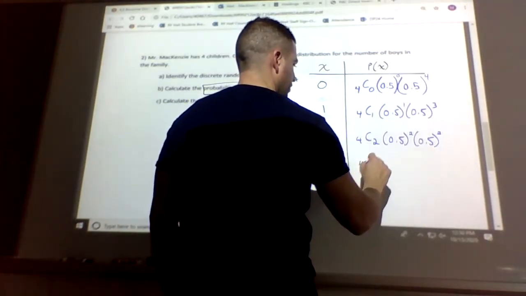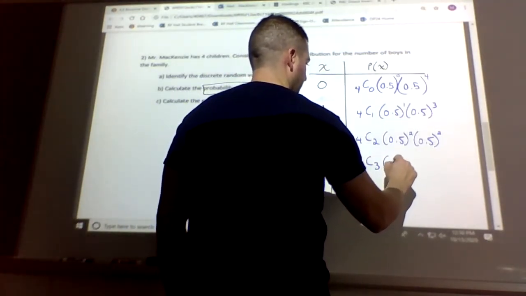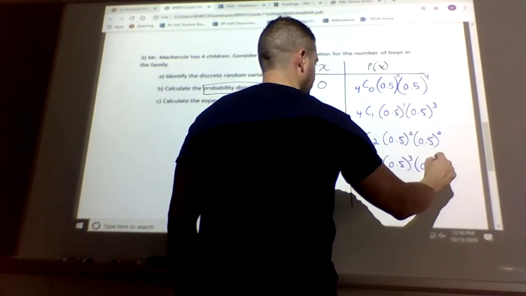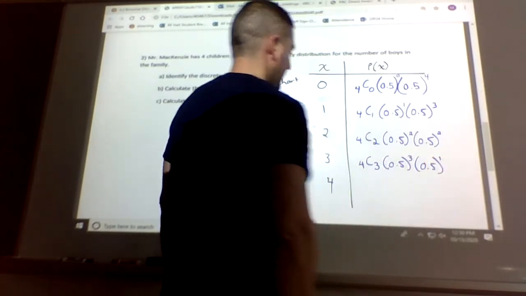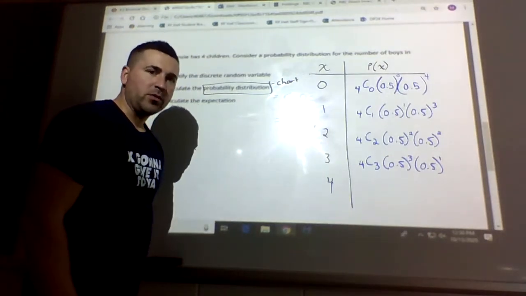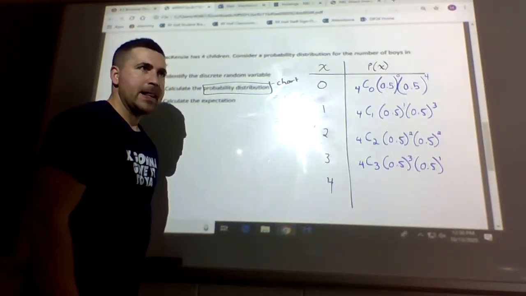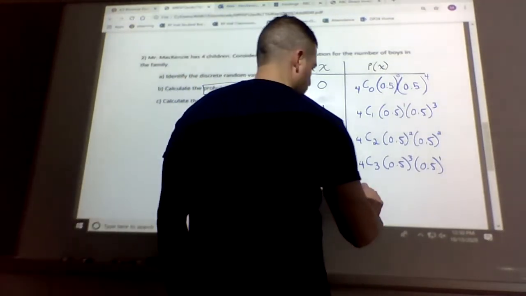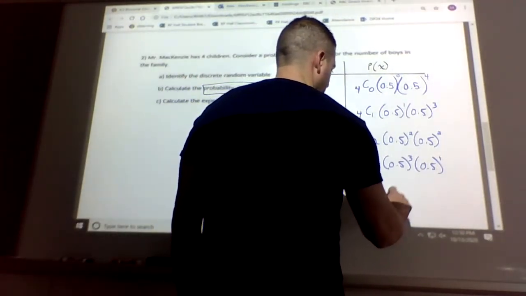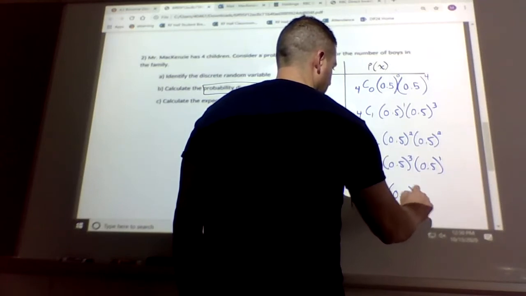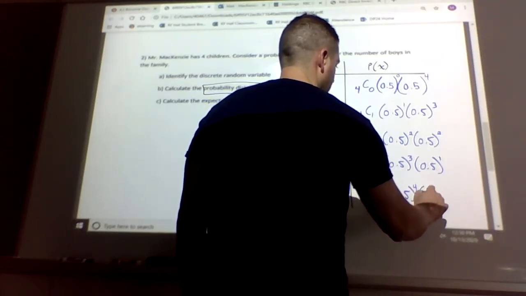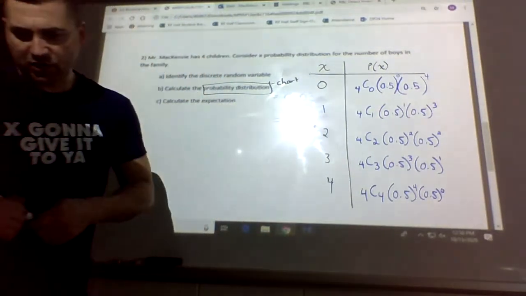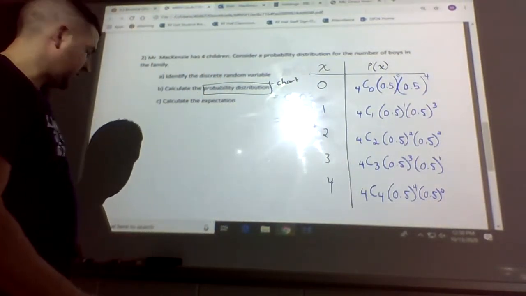So then 4 choose 3. By the way, this is the same formula that we used for binomial theorem, which is for Pascal's triangle. And lastly, 4 choose 4, sorry, expanding. Okay, so that's the whole chart, and our answers, which I have written here, are